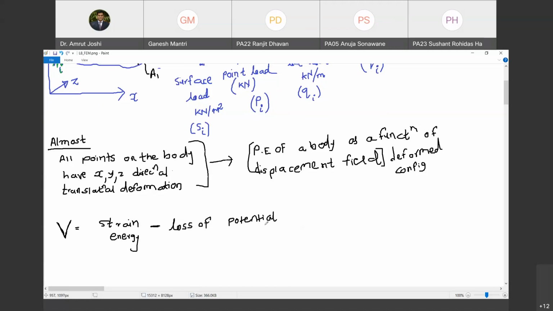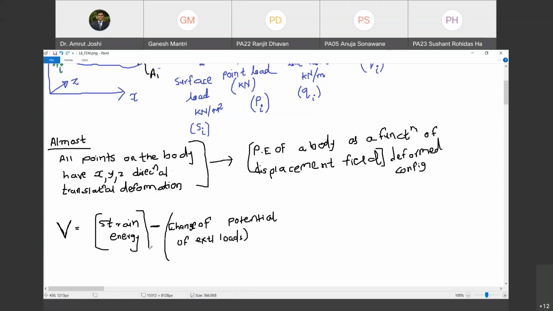Loss of potential, जो कि डिफॉर्मेशन हो चुका है तो कुछ ना कुछ तो पोटेंशियल लॉस का लॉस हुआ होगा. So we write it as loss of potential of. In the last lecture, we have written change of potential of external. It's one and the same. I can call it loss and gain, but let us not go into that. You're right. Let us call it change of potential of external loads. Happy? Yes, sir. तो इसमें से हम पहला टर्म अभी लिखने वाले.